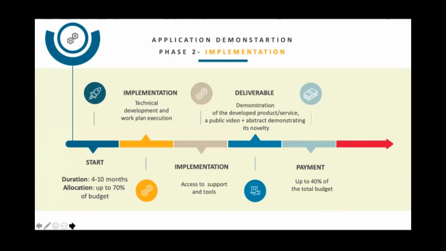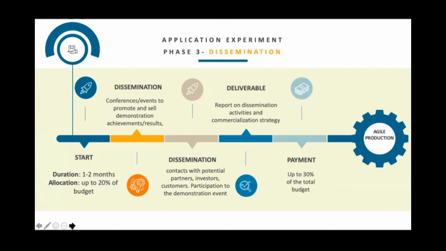And then at the very end, you're gonna move to the last phase, that is the dissemination, market phase, promotion phase. These are synonyms. The duration of the phase is between 1 and a maximum of 2 months. The allocation of the budget is obviously, you already did your math, 20% left. You cannot allocate more to make the proposal eligible.